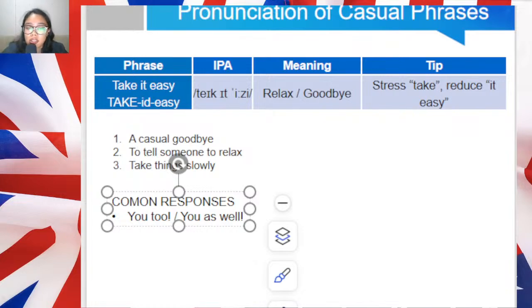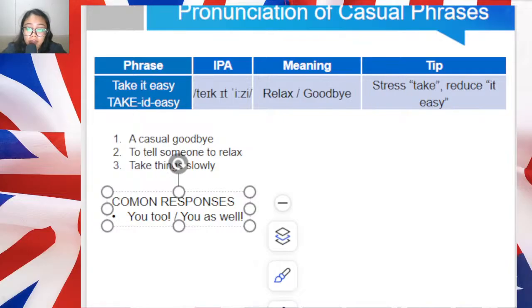This is a simple and friendly way to return the good wish. You can also say something like thanks, you too. Some common variations of this phrase include